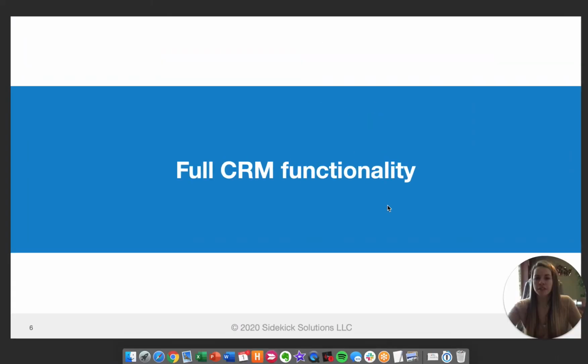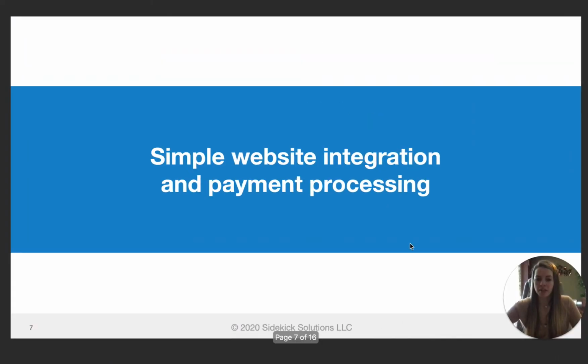Now, the second feature in eTapestry that we want to talk about today is the simple website integration and payment processing. So you might be wondering, okay, what does this exactly mean? So in eTapestry, payment processing, having integrated payment processing, the main benefit of this is that if you have recurring gifts or you get pledges from your organization, having an integrated payment processor means that once the credit card is put on file for that recurring gift or that pledge, you can set up a schedule, and the installments for